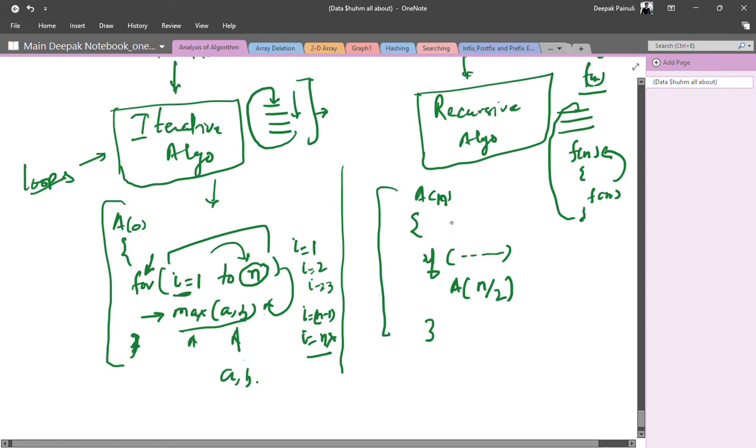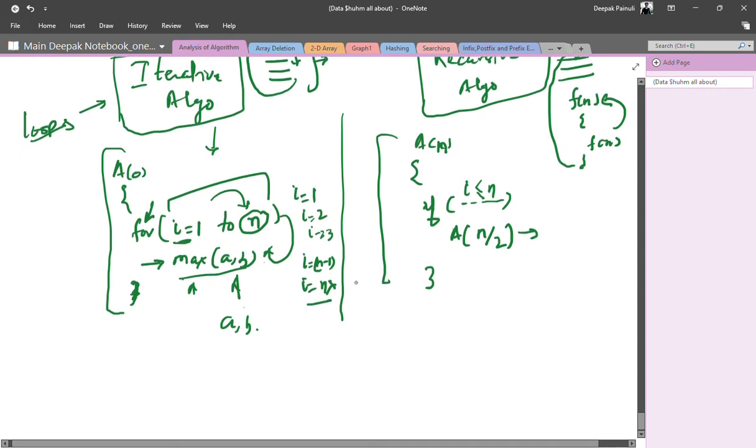Now in this pseudo code, there is some condition defined that, let's say, i should be less than or equal to n. Let's say we are checking in the if condition whether i is less than n or not. If i is less than n, then you will execute this statement. Now see the difference here.